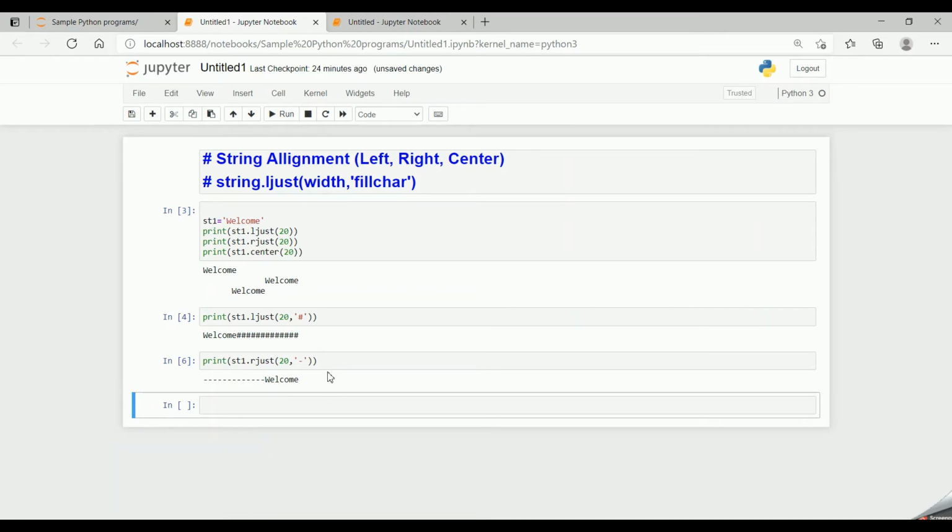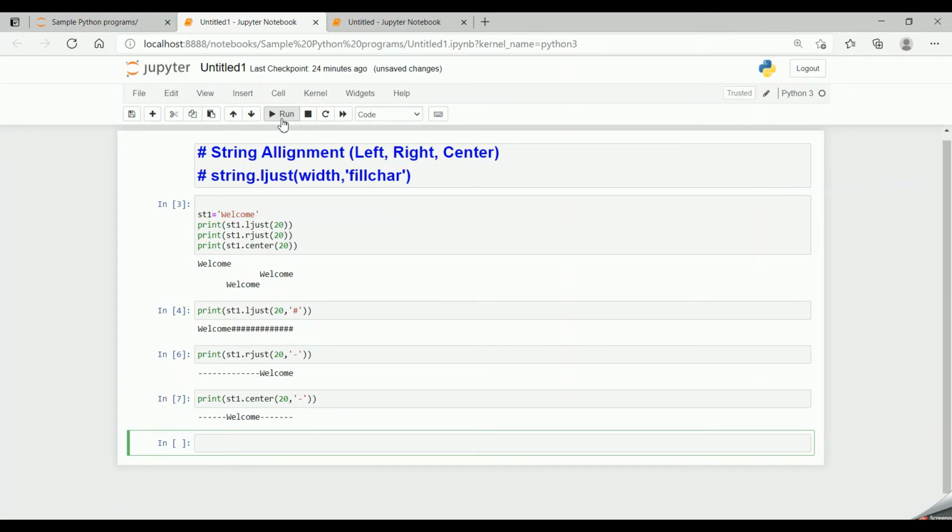Now if I give center alignment, print st1.center, 20 comma hyphen. Now if I run the code, the hyphen will be appended both on the left and the right, and the 7 characters in the center will be occupied by welcome.